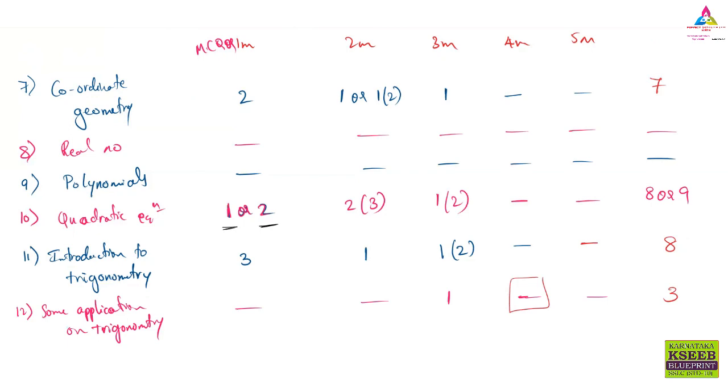So this is not difficult now, it is easy, because Introduction to Trigonometry and Some Applications of Trigonometry together are totally 11 marks. Actually, comparatively it is less. Actually they were asking more from these 2 chapters, but this year they have made fewer questions, so you are going to get fewer marks from these 2 chapters. So coming to the 13th chapter.